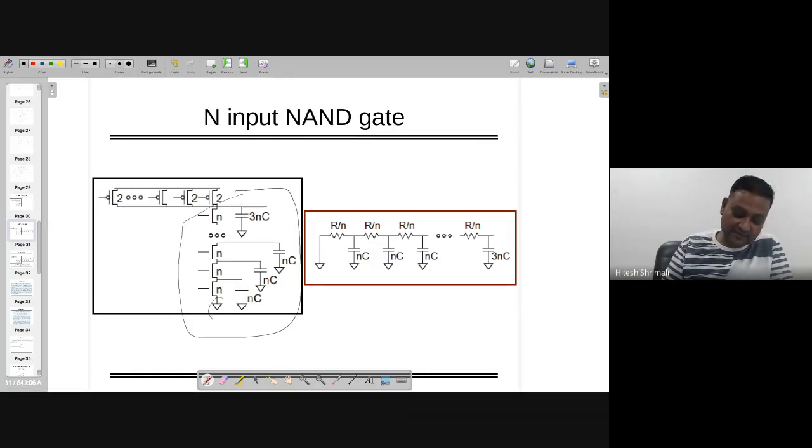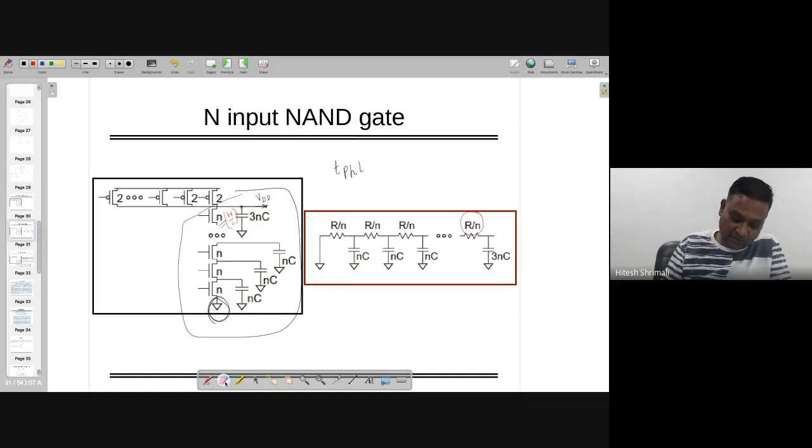So I'm connecting the logic 0 at the output. This is going to be equal to TPHL, with the assumption that here VDD is already available, and I'm changing that to low potential. So it's a combination of resistance and capacitance. If that is already there, you look at this: this is N and this is the resistance. So resistance will be divided by N, because this is actually W times W by L times N.